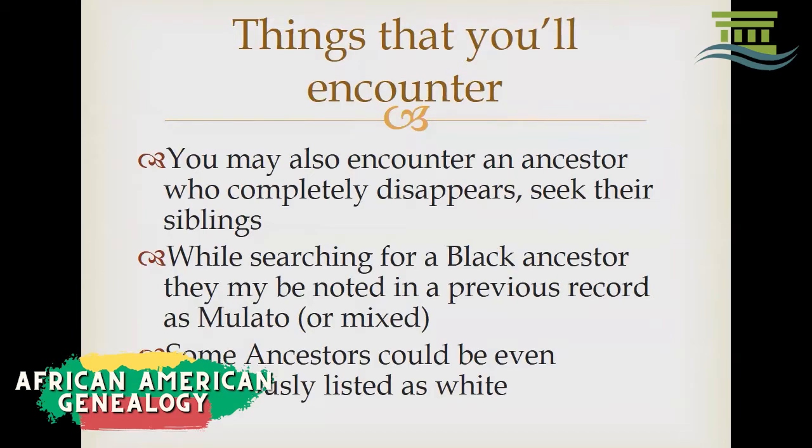Some ancestors, one of my coworkers, Jackie, we had done her genealogy. We had done her family line. And on one census, she's Black, and they recorded her ancestry on that census, and I think it was 1900, as white. They got the names, they got the family members, they got all that wonderful stuff, but they recorded the wrong race. You may encounter that. Keep an eye out for that.